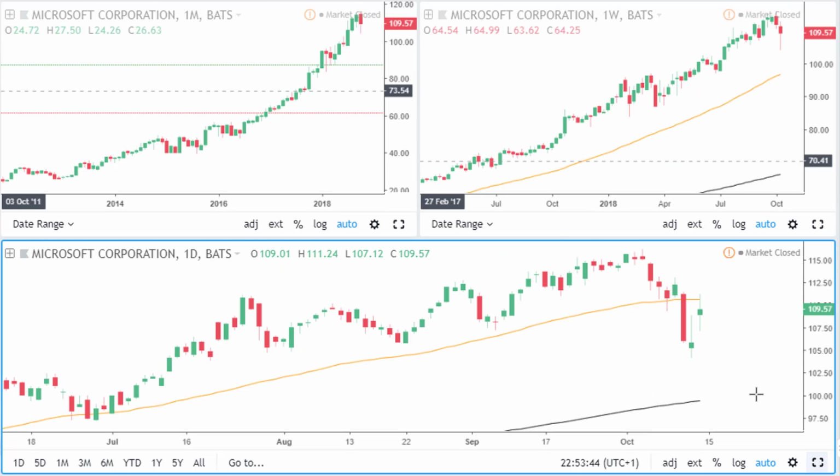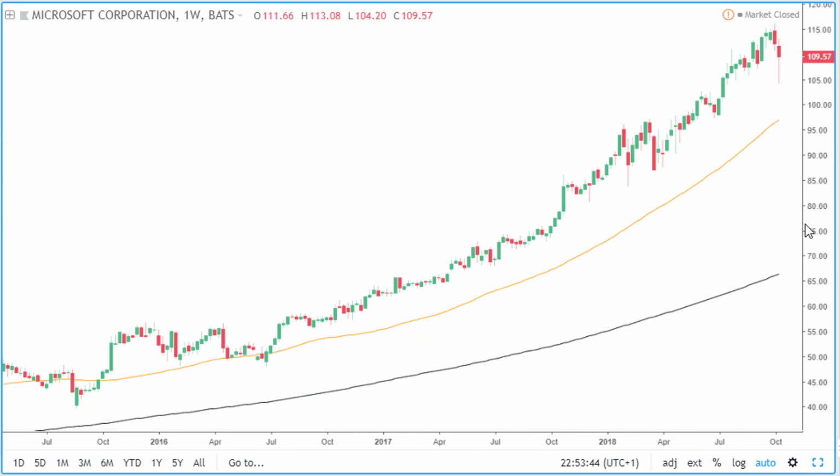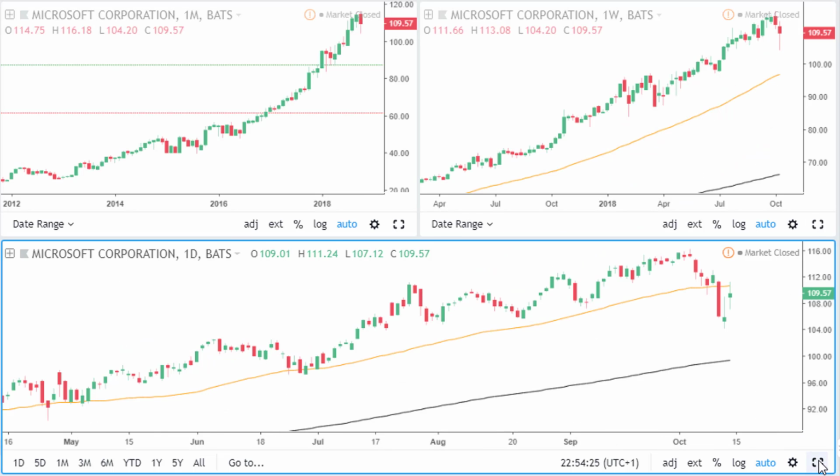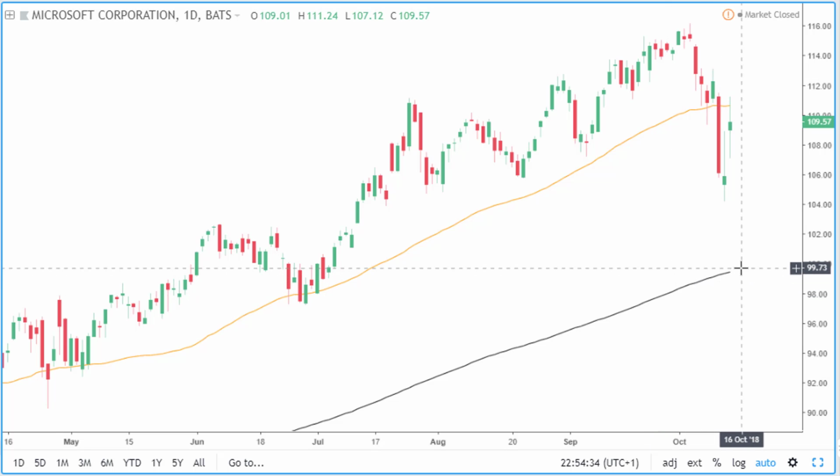The next stock is Microsoft. Now Microsoft on the monthly time frame again is bullish, and also we are seeing a bearish candle so far this month, and price is also above last year's high, which is down here. If we go to the weekly time frame, price is above the 50 and 200 simple moving averages. If we go down to the daily time frame, price is currently above the 200 simple moving average but below